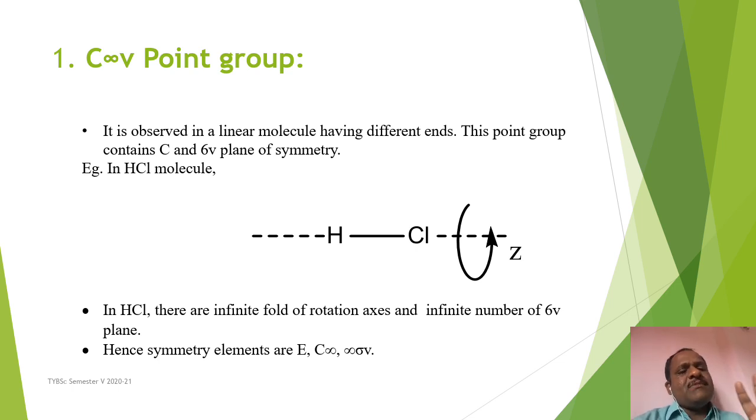So there are only three symmetry elements. One is identity, the second is C infinity, and the third is an infinite number of sigma v planes. If you collect these three together you get the point group, which is called the C infinity v point group. So what symmetry elements are present in the C infinity v point group? One is identity, the second is C infinity as a rotational axis, and the third is an infinite number of sigma v planes. Okay,